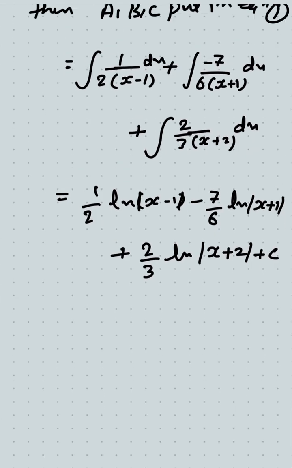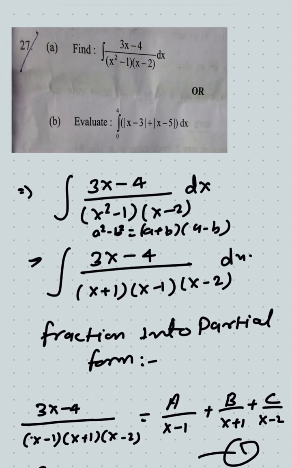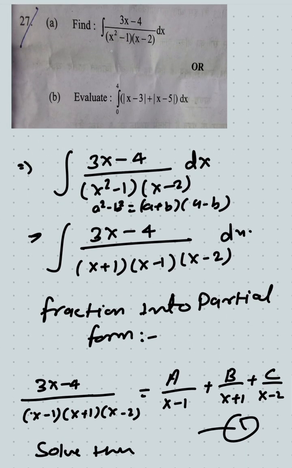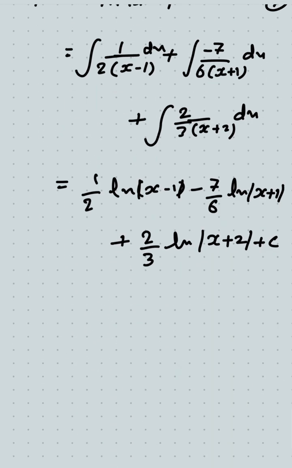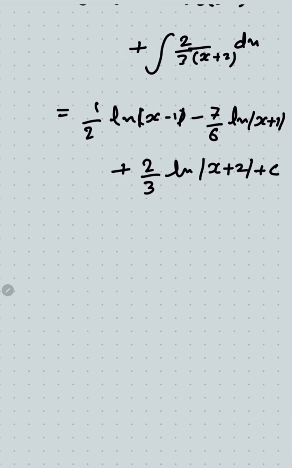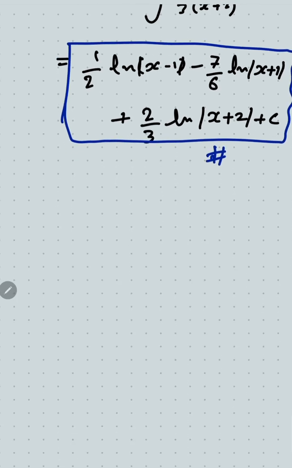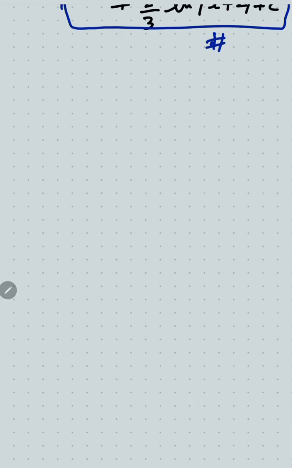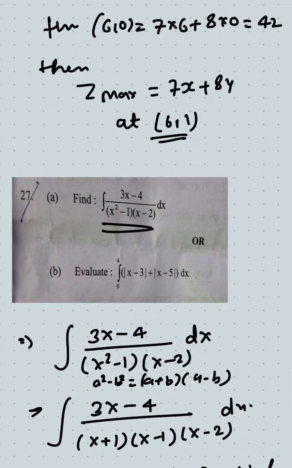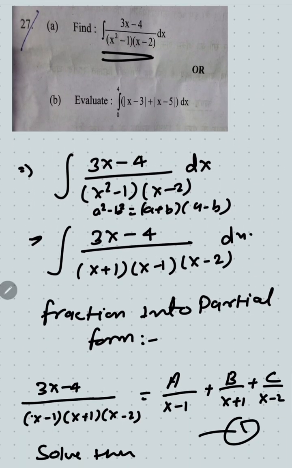Okay, this is the integration of the given question. What is given? The given is 3x minus 4 over x squared minus 1 times x minus 2. The answer will be this. Okay, the answer is this. I hope you understand. Let's move to the next question. Next question, given that the integration of this number